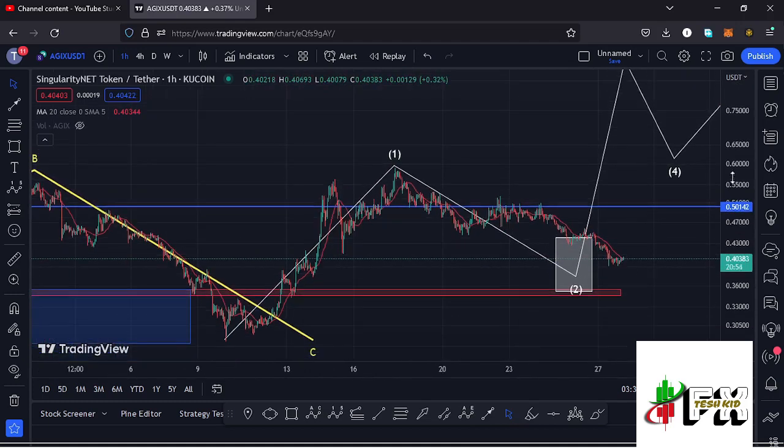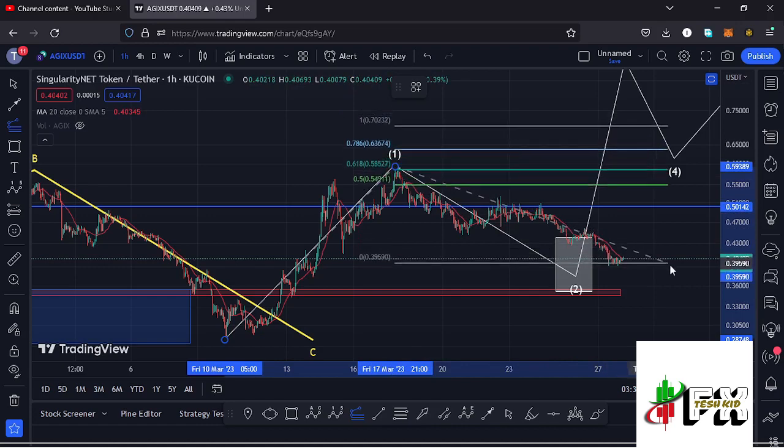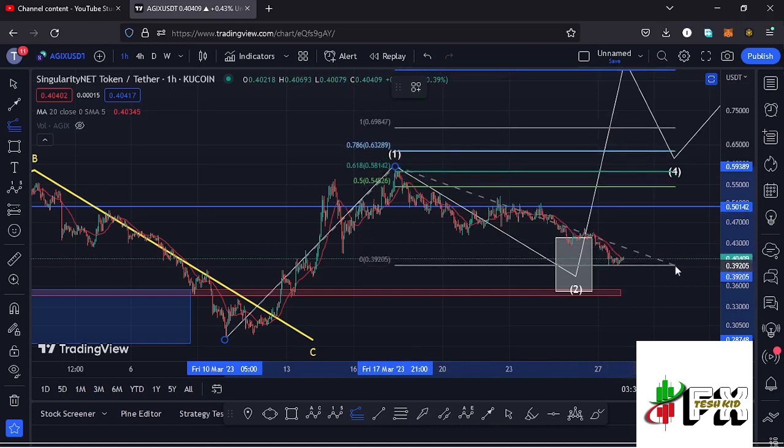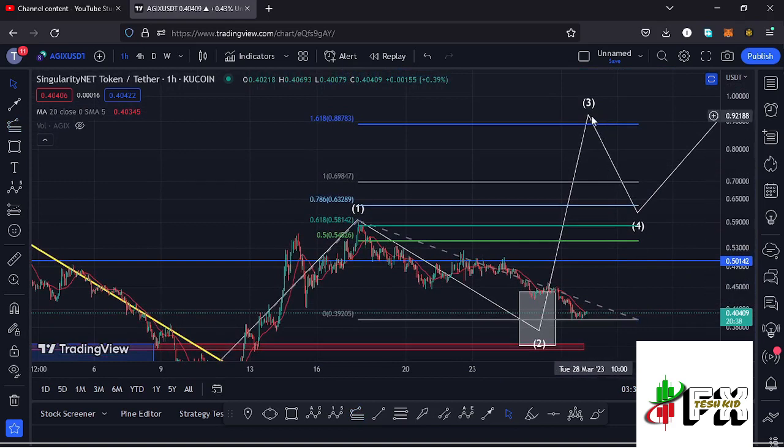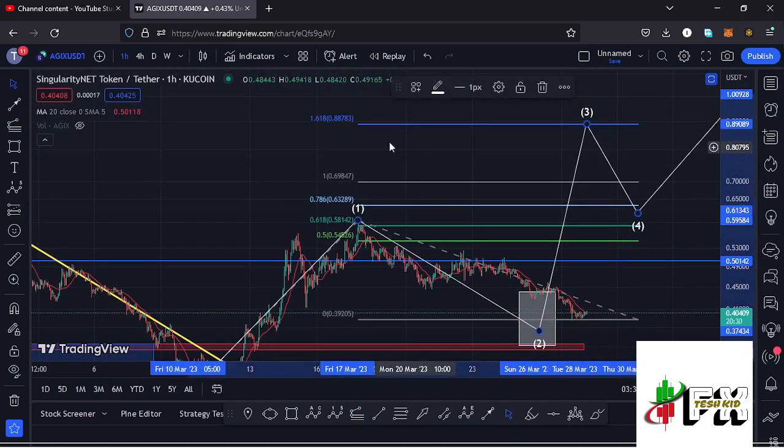formation of that wave 3 using a trend based Fibonacci, connecting it from the low of the first wave down there to the high of that wave 1, then dragging the fibs to the low of the second wave, and that now gives me a target area to the upper side in the formation of that wave 3 at the fib level 1.618, and that is at around the $0.88783 mark, and that is the minimum that we can expect Agix to do in the formation of that wave